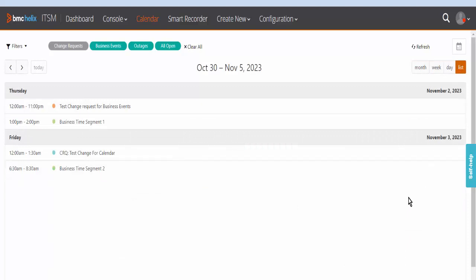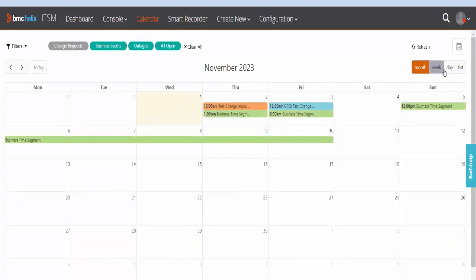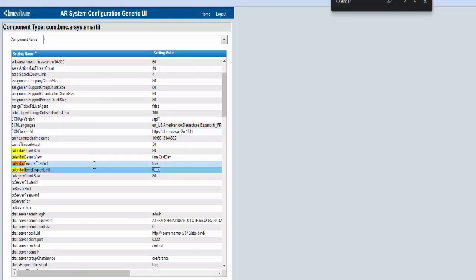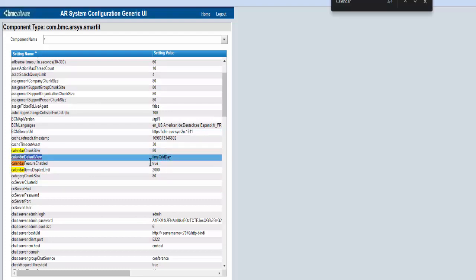However, users can use either day or month view, but an administrator can configure it for either a day format or a month format. To do so, in the configuration settings, we have a parameter called calendar default view. This calendar default view has two configurations. The first configuration is time grid day, which indicates that in a day we are showing the timeline, which is the